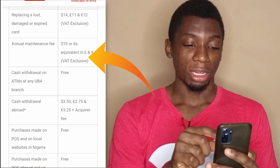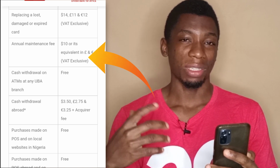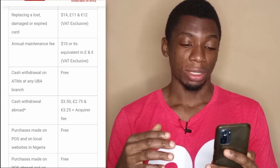And the annual fee here, annual maintenance fee, is $10. So it may have increased to 12. I'm not sure yet, but that's what it's showing here. Before I saw this, I was checking out some other websites, and they said for this card, I'll have to pay $25 every month to maintain it. And in my head, I said, no, that is not happening, because I don't even think I'll be using it